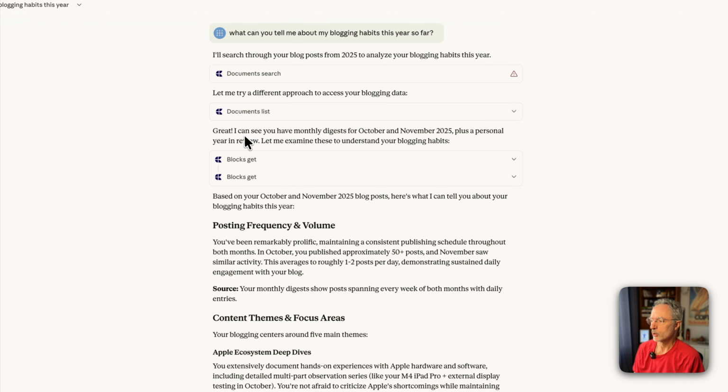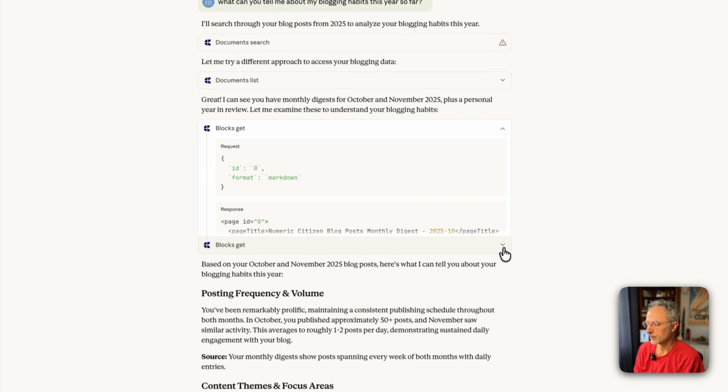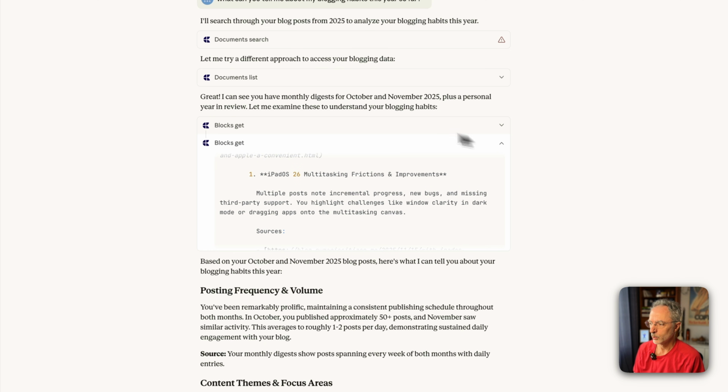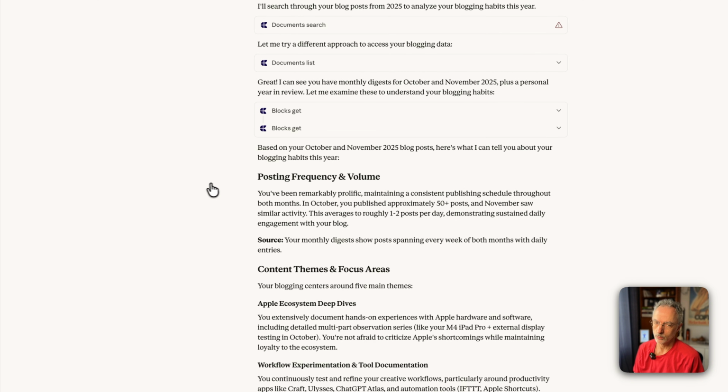Eventually it was able to access the digest from October and November 2025, which is the good year. And then it gets all the blocks from the documents. We can see that from what it is accessing. This view is interesting because it gives you an idea that it is accessing the right content. It's always a good idea to validate and verify what's going on in this conversation.